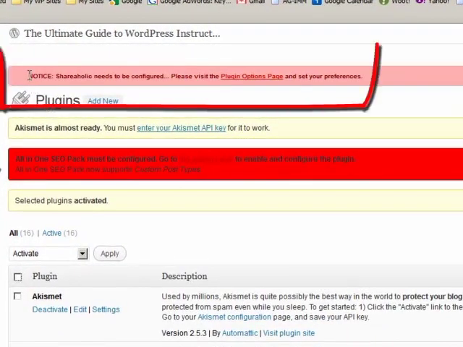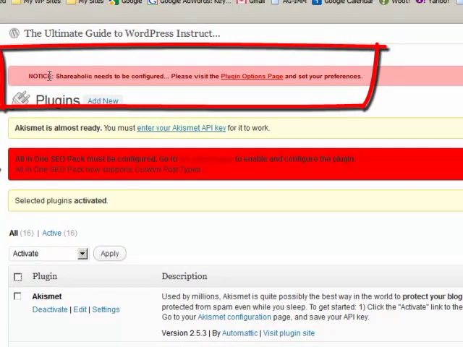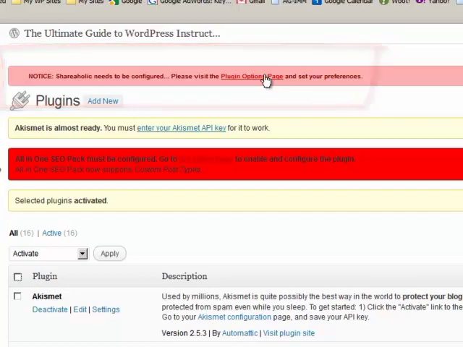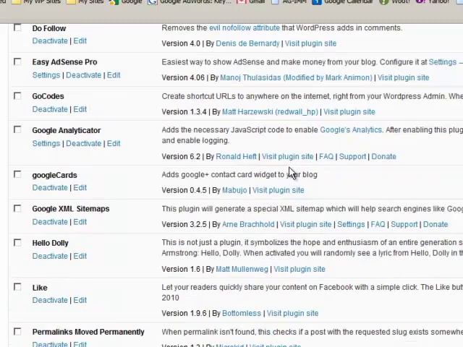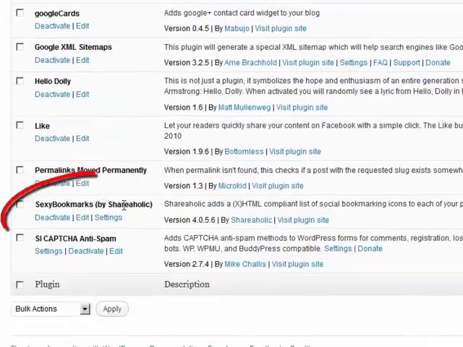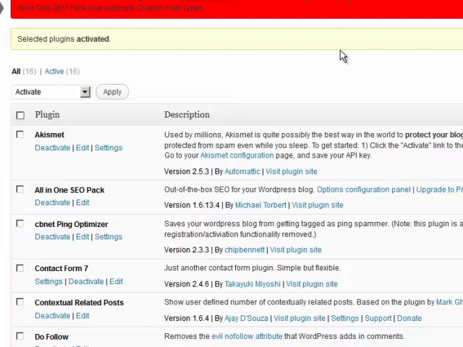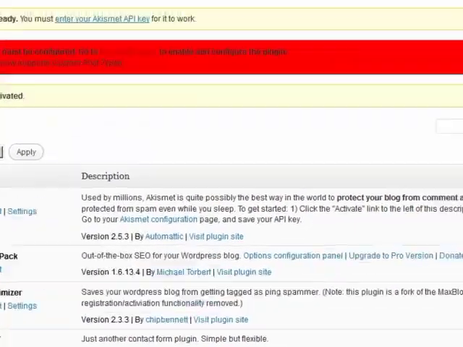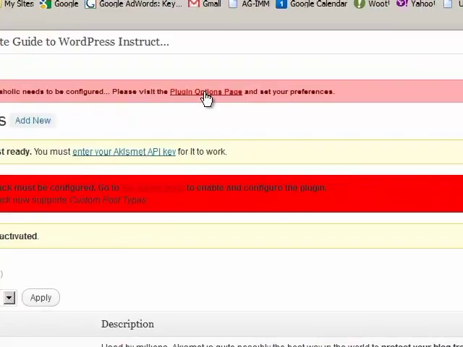And the first warning I want to talk about is notice Shareaholic needs to be configured. Please visit the plugin options page and set your preferences. So some of these plugins need to be configured and some don't. Shareaholic is one of them, and it's this one down here. It's called Sexy Bookmarks, and it's a really good social media type plugin that you're going to want to put on your website. So let's click on plugin options page,